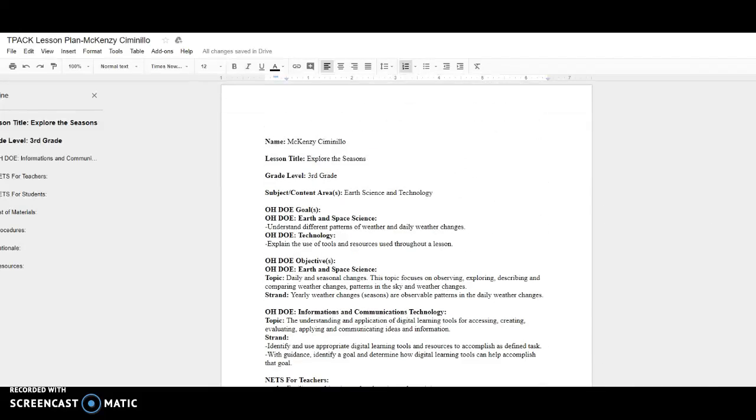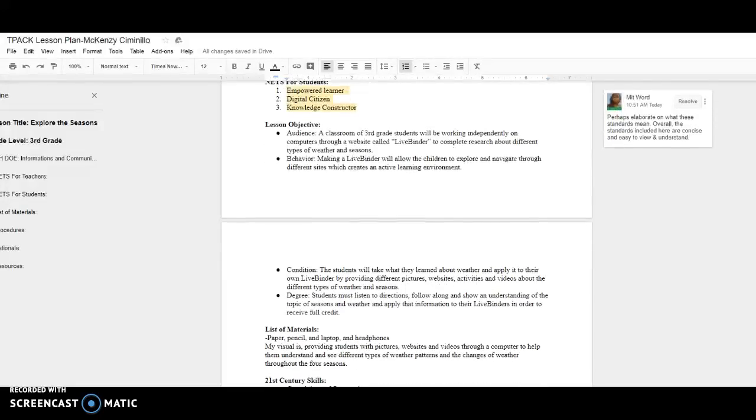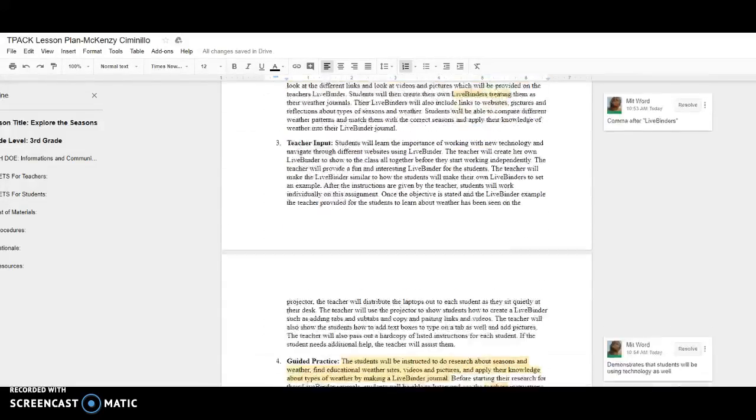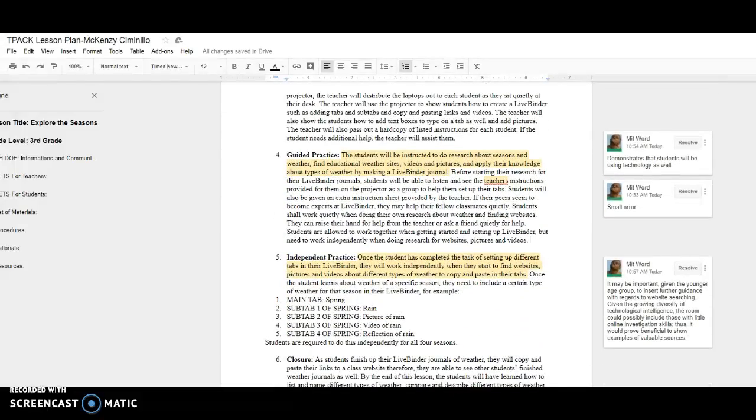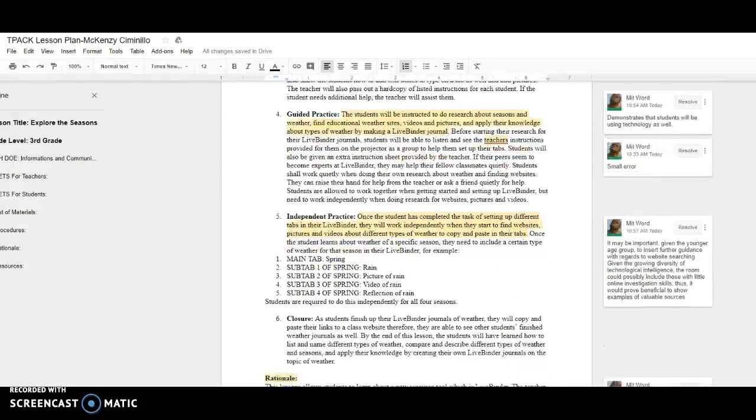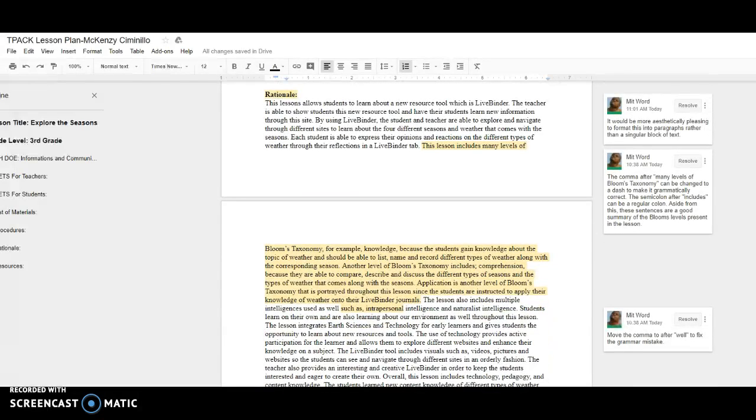This is Mitch Ward. I'm going to critique the TPACK lesson plan draft of Mackenzie. First things I'm going to clear up are going to be the grammar, language, and completion aspects. I already have some comments off to the side here talking about this, but I'm going to address them again really quickly, because honestly the only problems with the writing are a few commas that can be repositioned or deleted, a spelling error or two. Otherwise, there's no issues with the writing.